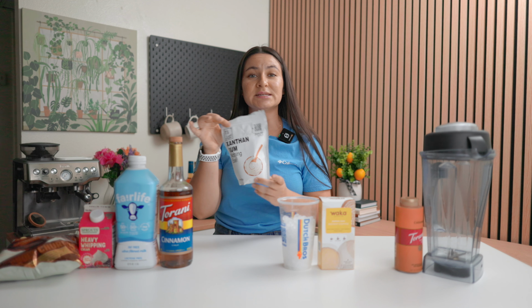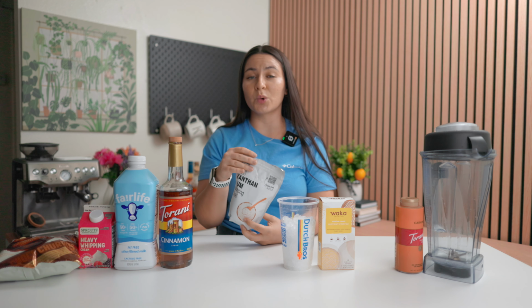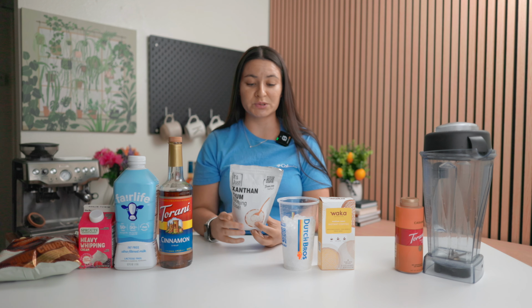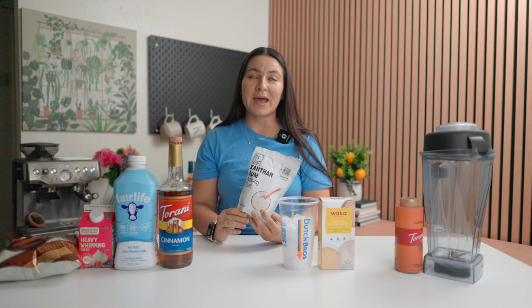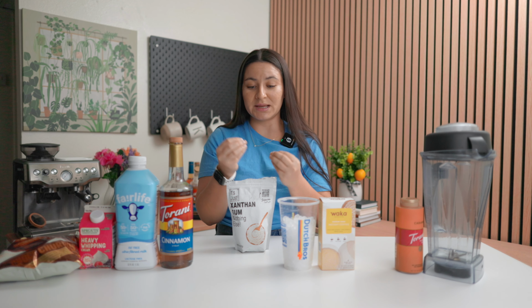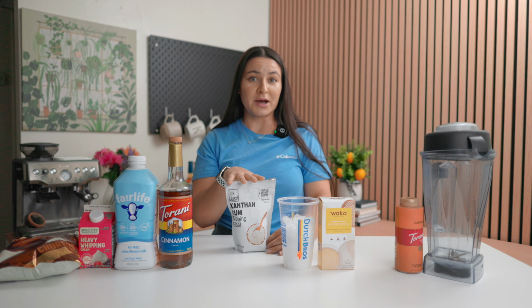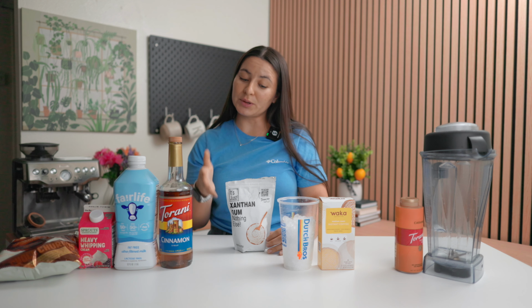Next ingredient is xanthan gum. Xanthan gum is a powder. You can buy it from Amazon or get it in the baking section at the grocery store. And it's just a powder that acts as a binding agent. It binds together the ice and the liquid so that you get a real nice homogeneous blended creamy frappe instead of an icy one. If you don't use xanthan gum, no, it's not the end of the world, but trust me when I say without it,